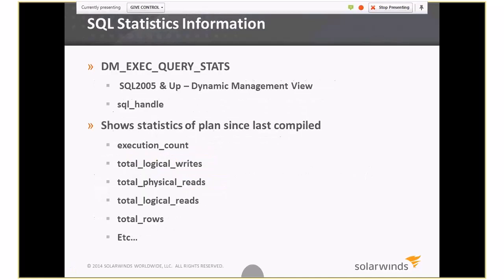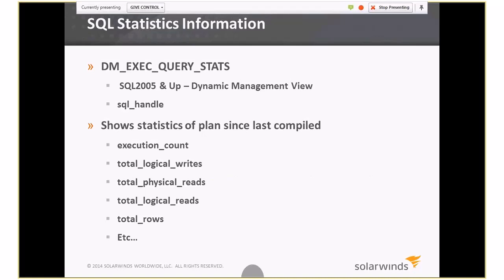Okay. Now, how you can get other information about it, at different intervals, is to go back and use DM exec query stats, which is another DMV that will actually give you execution counts, logical and physical reads and writes, and total rows. There's a lot of information in this exec query stats view. You just have to grab the SQL handle that you collected in that other query and do this